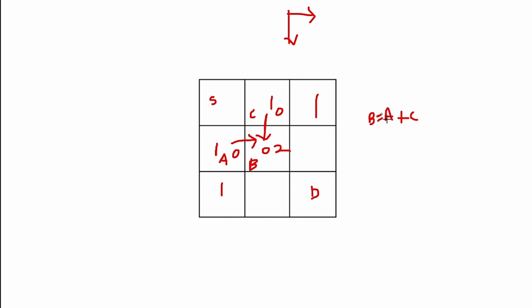And let's say maybe there were 10 ways to reach A and there were 20 ways to reach C. So the total ways a person can reach B will always be 10 plus 20, 30, right? Let's try to think it again. A person can only reach B via A and C, true? And there are 10 ways a person can reach A. There are 20 ways a person can reach C. So the total number of ways the person can reach B will always be 10 plus 20, that will be 30, true? So that is the same analogy we are following in this particular question. And this is what we'll be doing for everything.